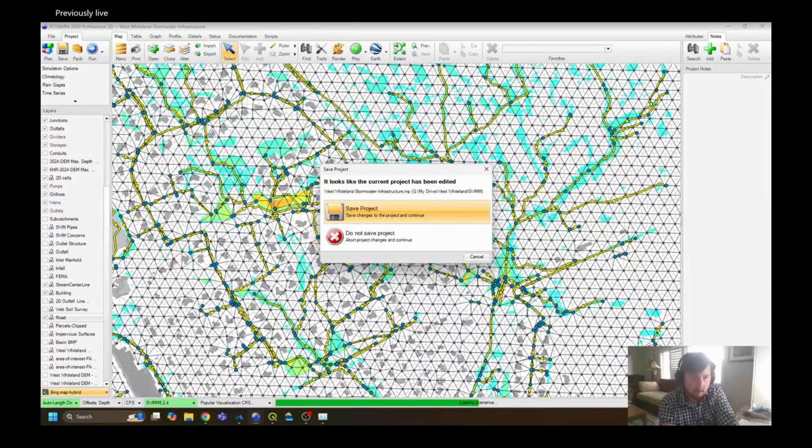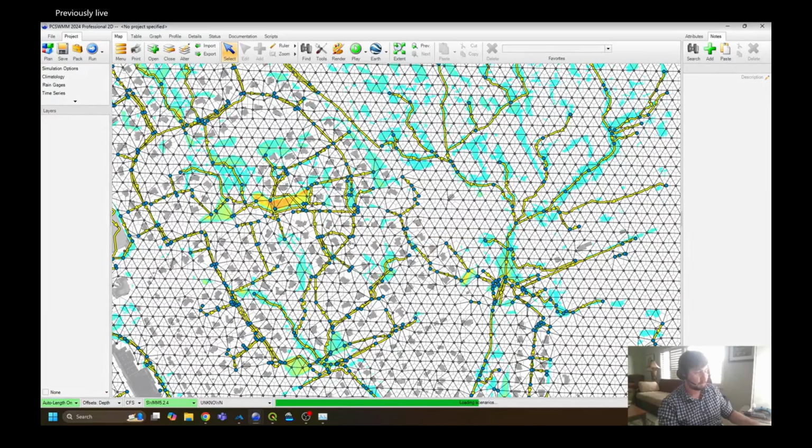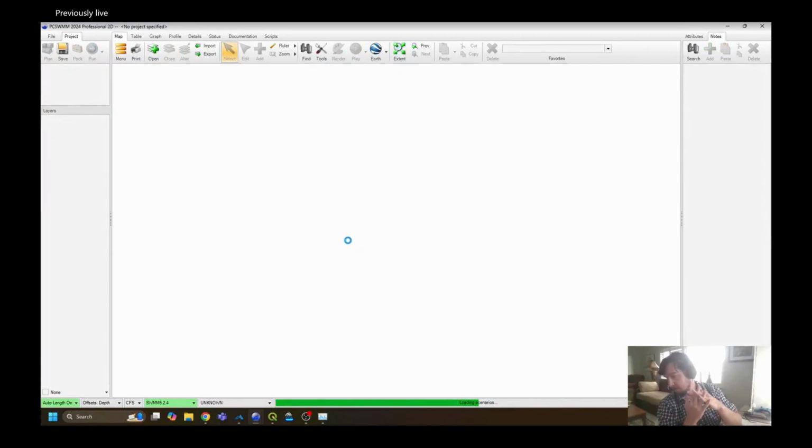Okay, let's see. Does 2D PCSWMM model backwater from catch basins and delineate back flooded areas? Will that be governed by the same catch basin hydraulics? Okay, let me tackle that one. This is going to close this one. Generally, yes. So you can model inlets a number of different ways in SWMM. The most recent release of SWMM has actually an inlet module where you can use things like highway rating curves,